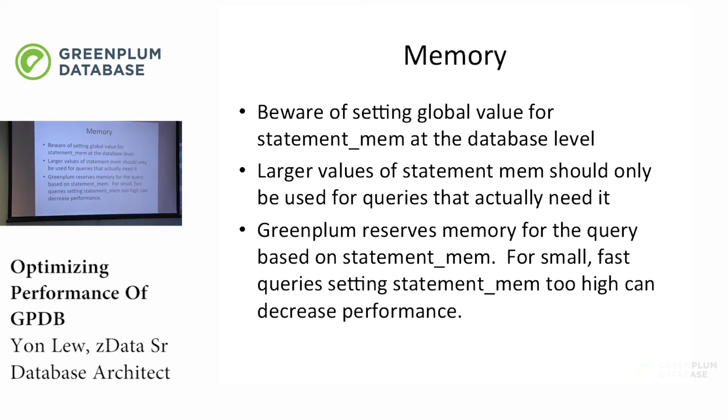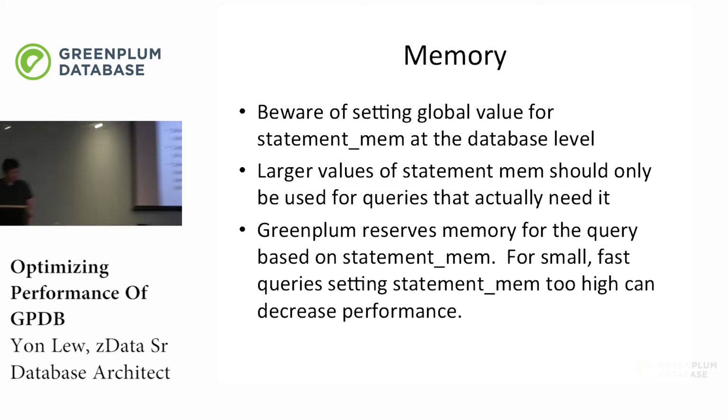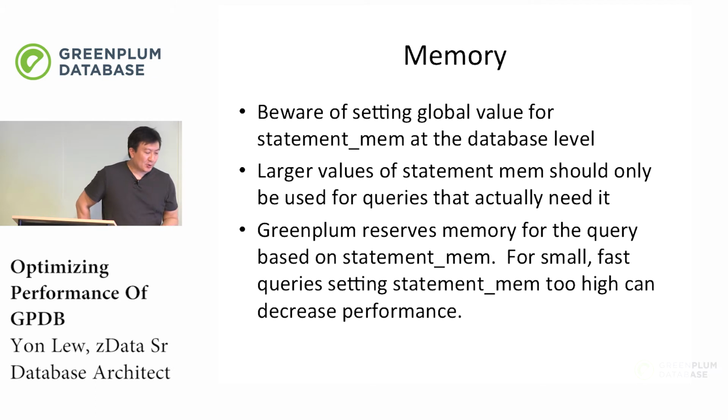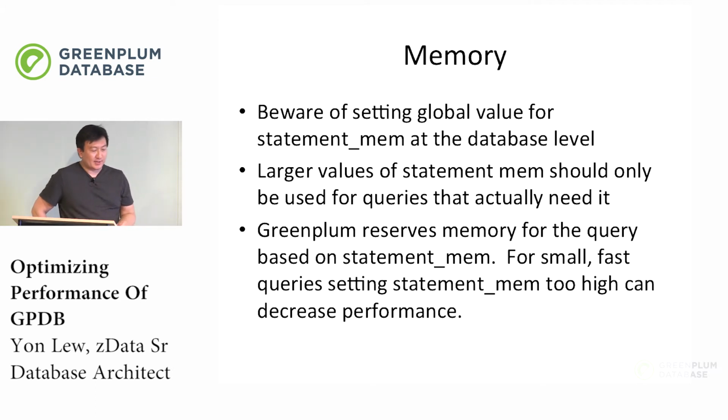Okay, so the next subject is memory. In Greenplum, there's a session level variable called statement memory, which we use to control memory allocation for queries. There's a great temptation to set that to a very large value across the board. The problem is that larger values of statement mem should only be used for queries that actually need it. Greenplum reserves memory for the query based on the statement memory. It pre-allocates it,